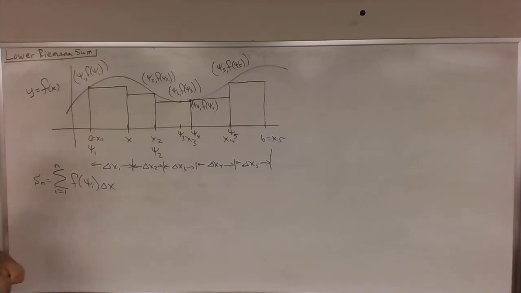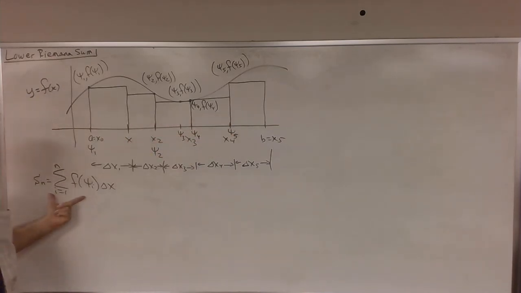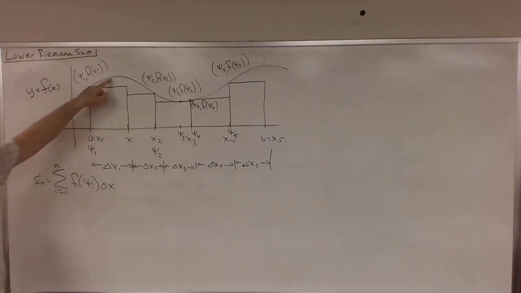So we'll note for future reference that the value of the lower Riemann sum, which is the sum of the areas of these rectangles, is going to be less than or equal to the area underneath the curve and above the x-axis. And also for future reference,